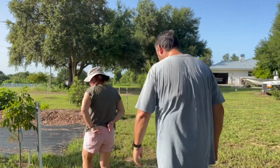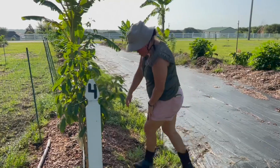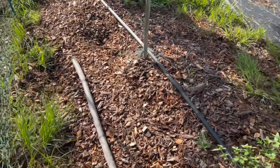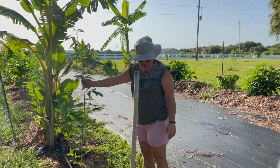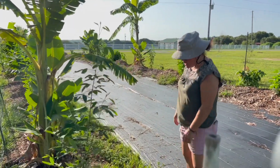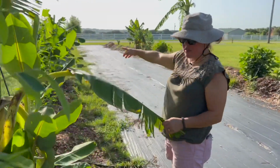So we have all our rows numbered, like I said. This is just simple drip tape that is on a timer. Of course, it hasn't been on all summer because of our rainy season, but this allows you to plant your perennials down this way, pigeon pea, and the different support species that you need to grow out agroforestry areas for chop and drop. There's some SUNN hemp down here that's self-seeded,